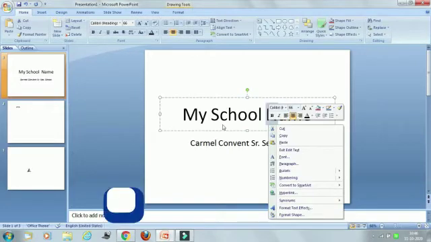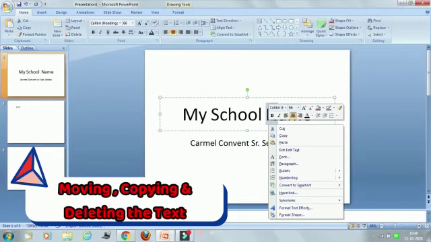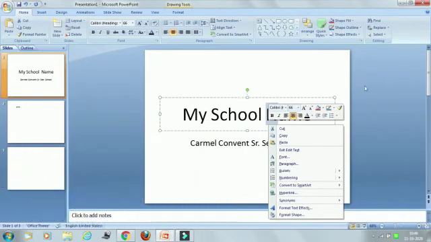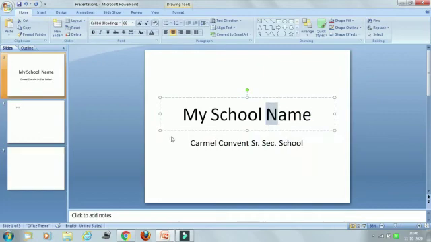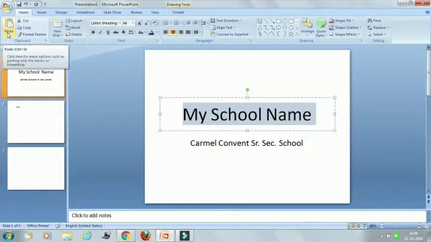Now the next topic is moving the text, copying the text and deleting the text. So just look here on the same slide. If I want to move the text, move means you have to cut and then you have to paste it on the new location. Okay, so here I am just selecting the text first, then go to the Home tab and just see in the Clipboard group you can see cut, copy and paste options are there.